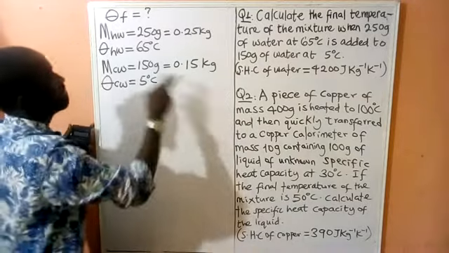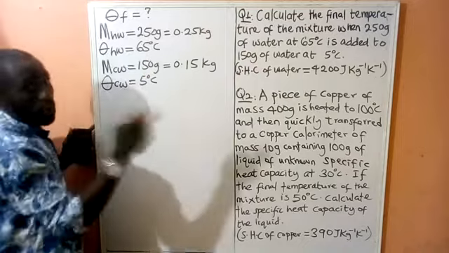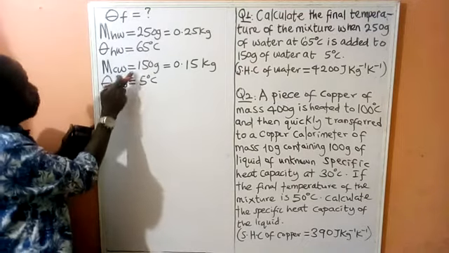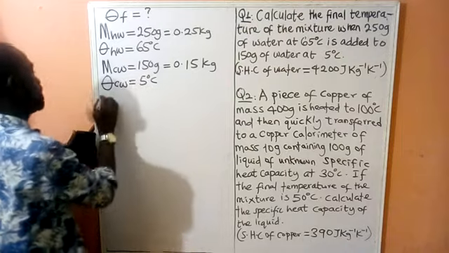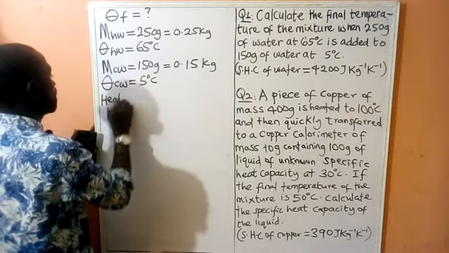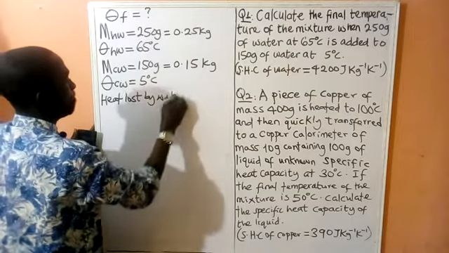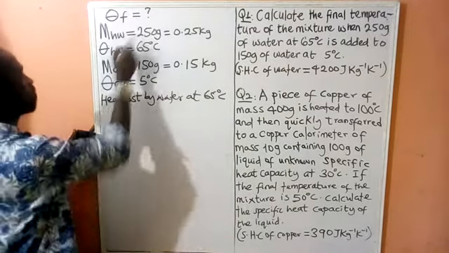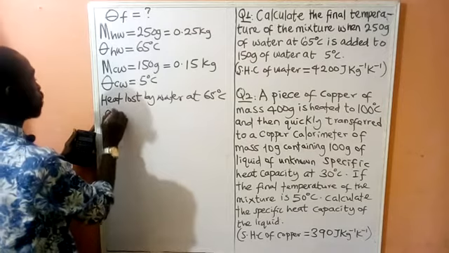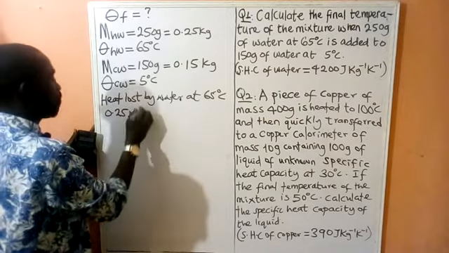So we are now saying that the heat lost by this body at higher temperature will be equal to the heat gained by this body at lower temperature. Are you with me? So let's go. Heat lost by water at 65 degrees Celsius will be equal to the mass of water, which is 0.25, times the specific heat capacity of water, which is